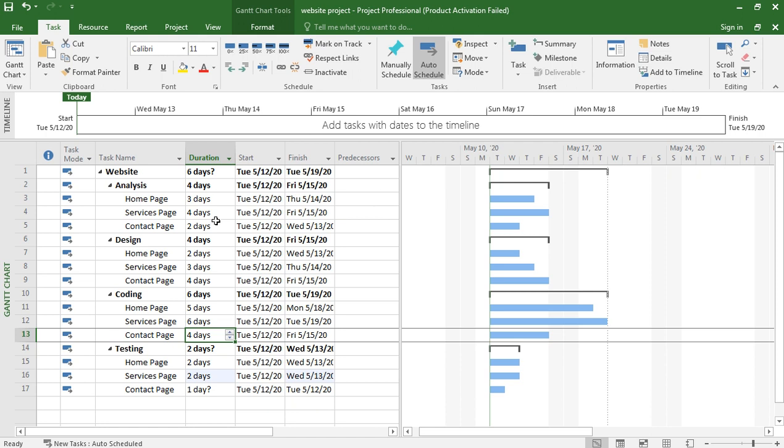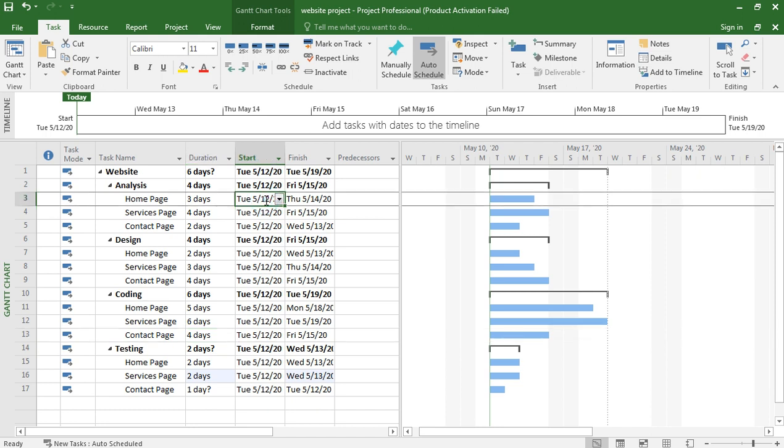Now you see that we have scheduled it. Now we start 5/12/20, 5/19/20. Now if we go Tuesday 12, it starts from 5/12/20, and we should go here, and 3 days means 12 to 14. 12, 13 and 14, 3 days. Then this started from 12.